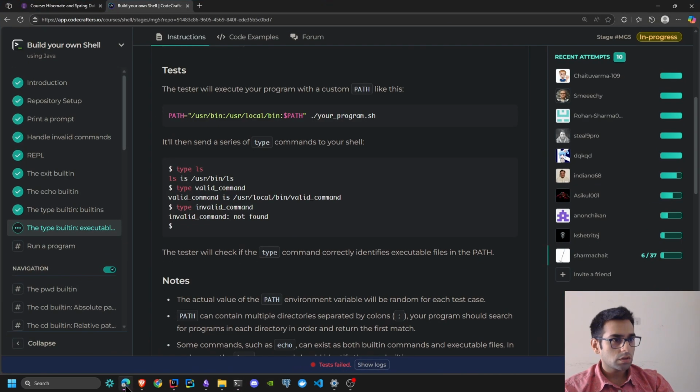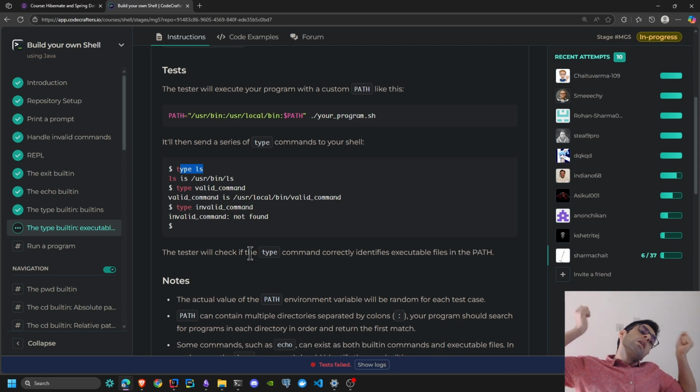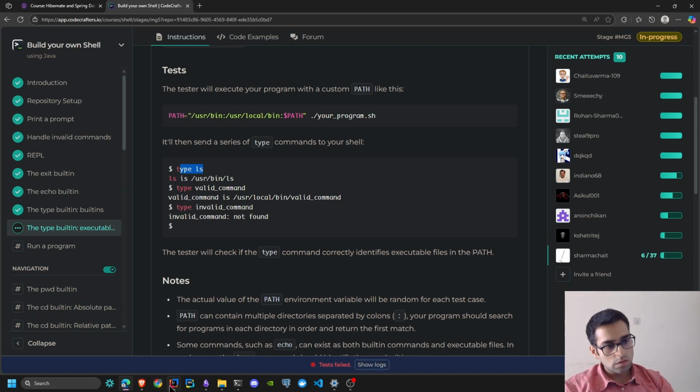So it's for the type command. When I type, then I need to check in the directories as well. If it's not in the hash map, then it needs to be in the path variables. So